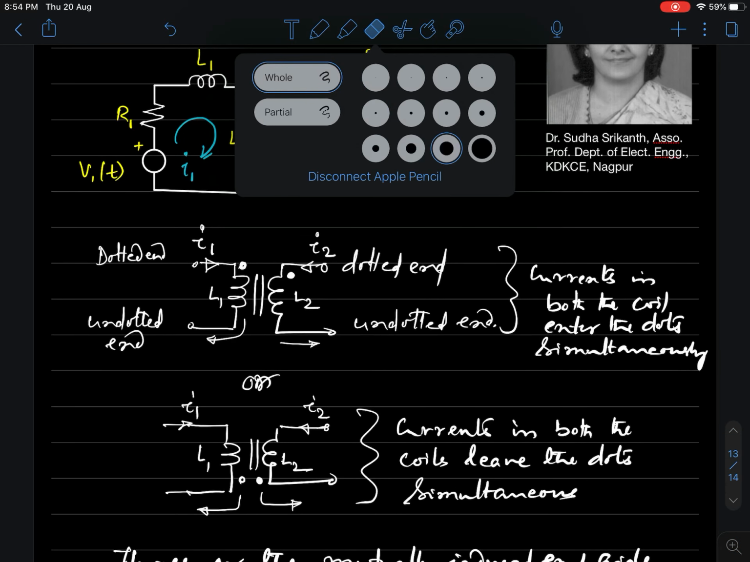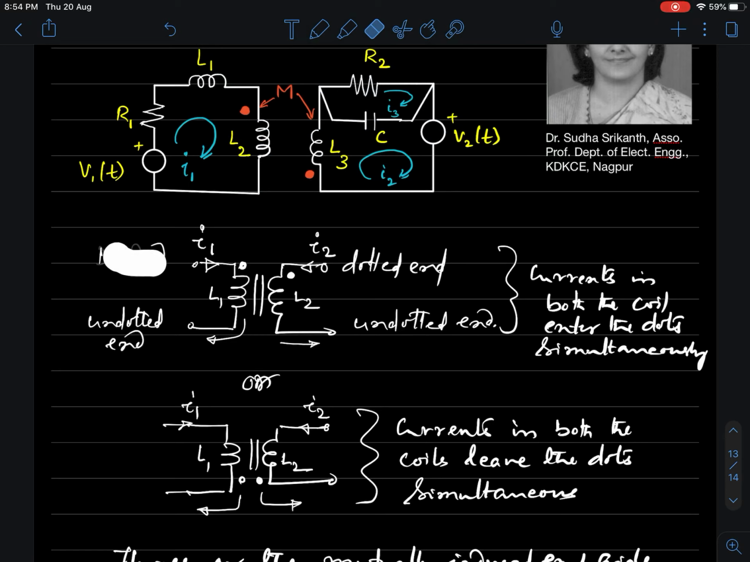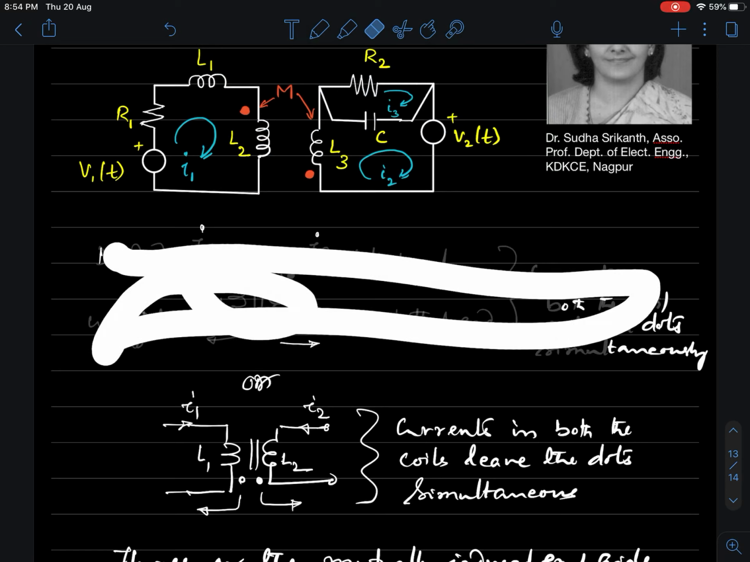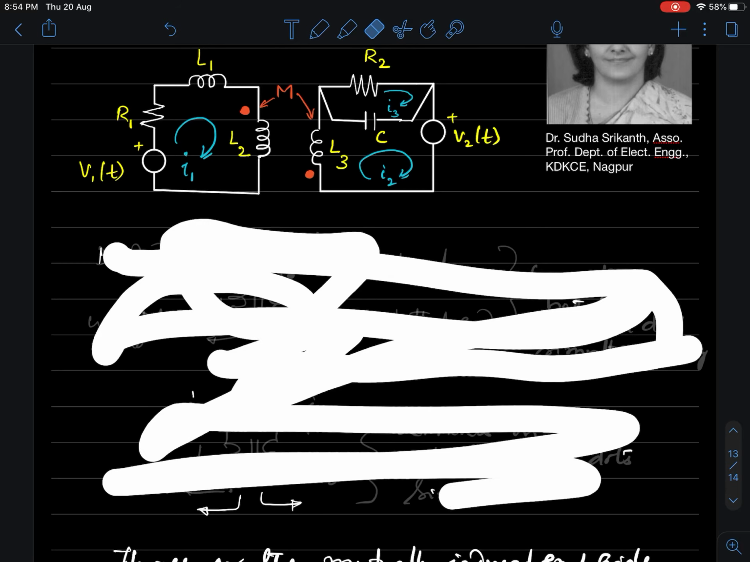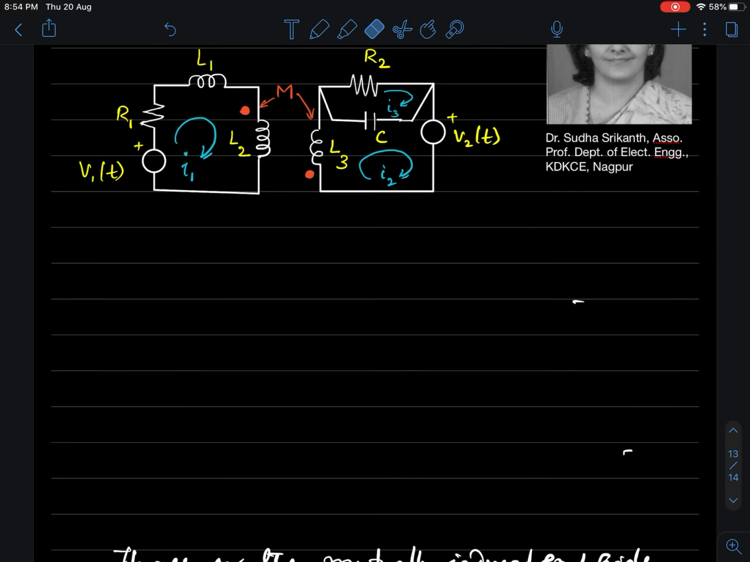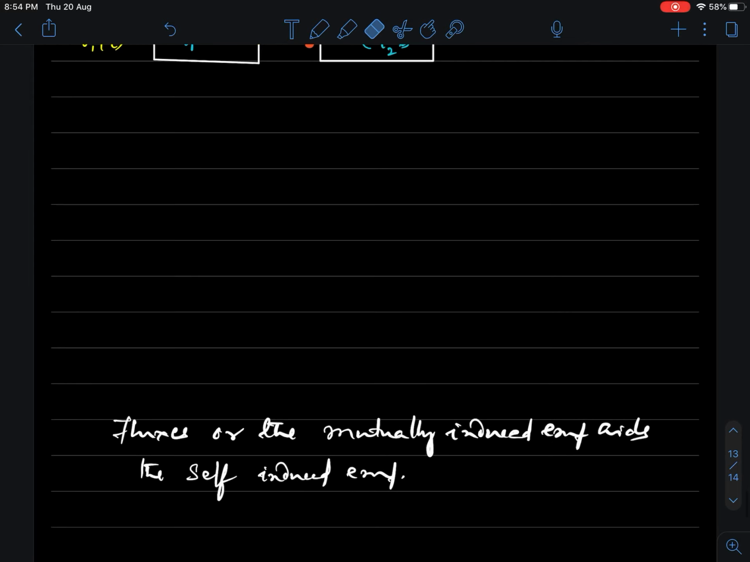Now let's go to the problem. I'll see if I can make a video on this separately and then upload it. Otherwise, as of now, this is sufficient. This understanding is sufficient as to how to apply and understand the polarity using what we call the dot